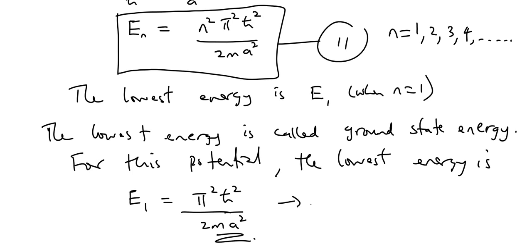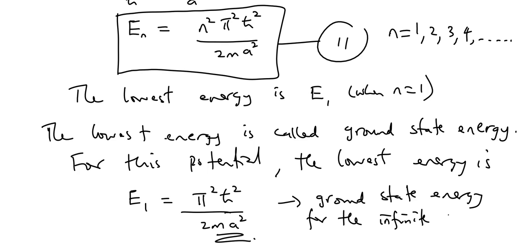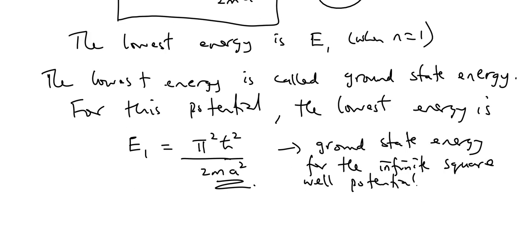So this is the ground state energy for the infinite square well potential. So this potential is called the infinite square well potential. Alright, so we have come to the end of the solution of the Schrodinger equation for this infinite square well